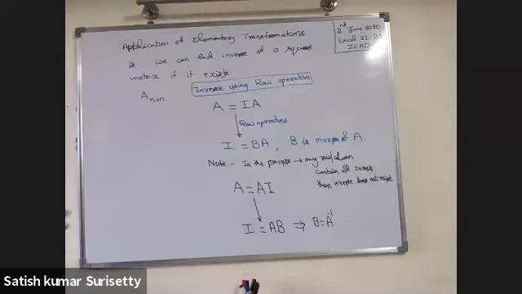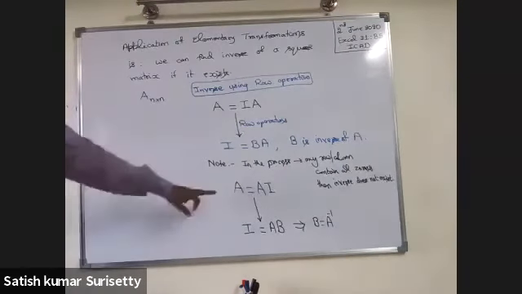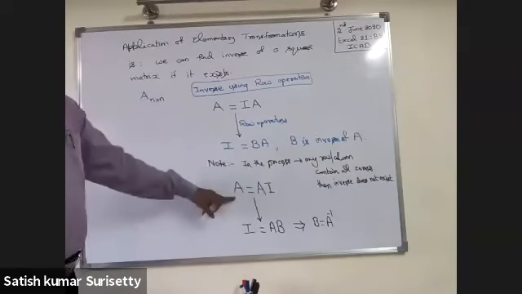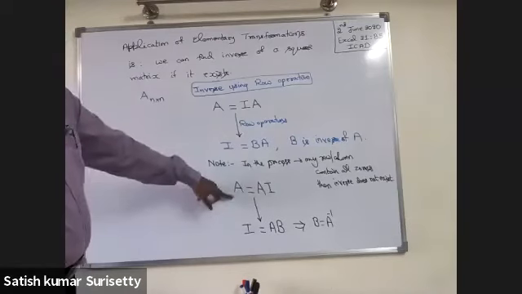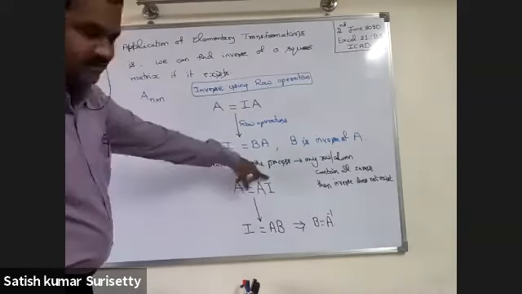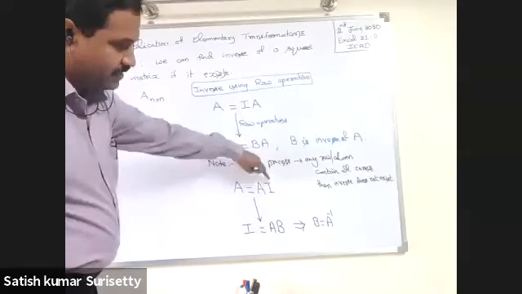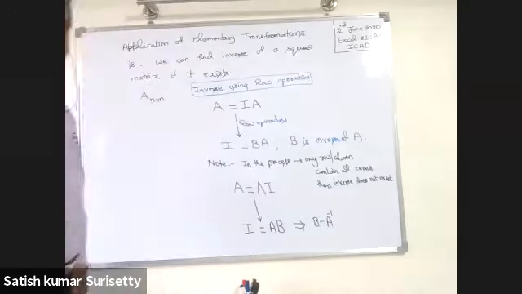Now, have you understood why we are writing like this, A equal to A into I? Because we are applying the column operation. Any column operation on the left side is the same as the same column operation you have to apply on the post factor of the product. That means the identity matrix will get changed to new matrix B. Then B becomes the inverse, in case it exists.